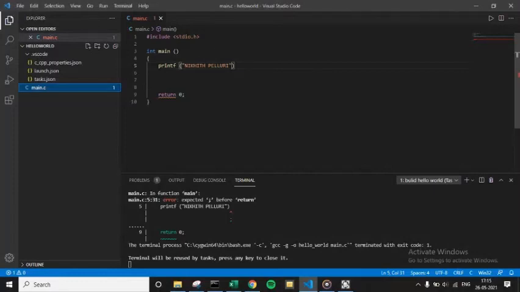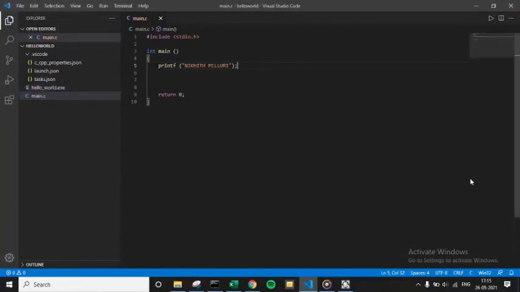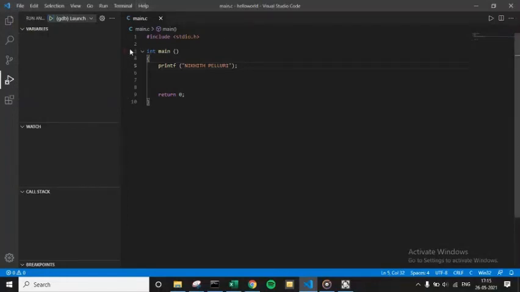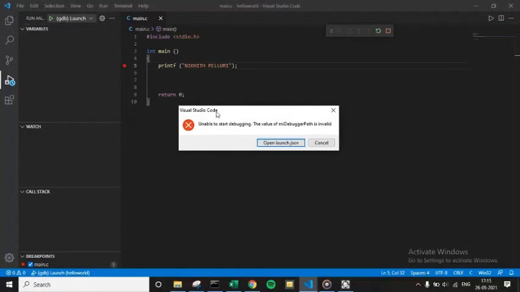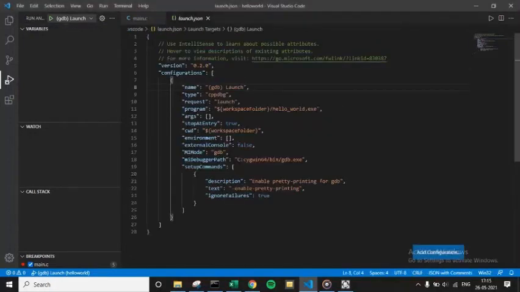And one last thing we have to check is whether our debugger is working properly, and here you can set up breakpoints. Let me set up a breakpoint at the printf function, and once I start debugging, sorry, I wrote the path wrong.